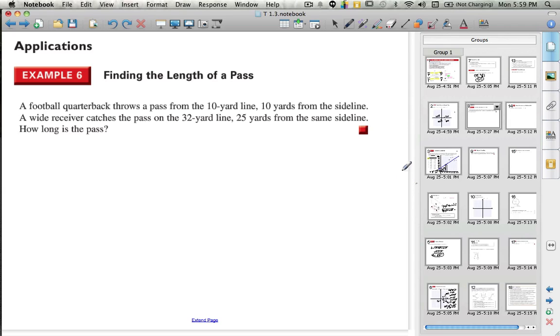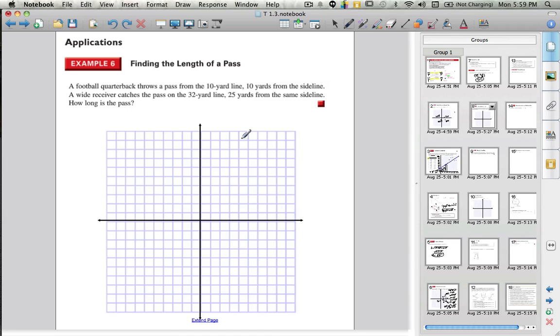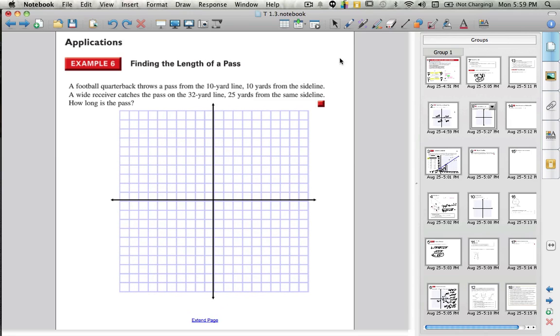In this case, I've got a problem here. A quarterback is going to throw a pass from the 10-yard line, and he's 10 yards from the sideline. And the wide receiver is going to catch it someplace. So again, I'm putting in a little graph here, because what we want to do now is think about how we are going to represent this for ourselves. So if he's on the 10-yard line,